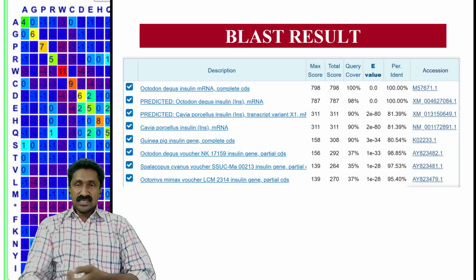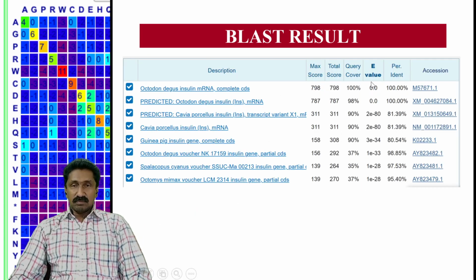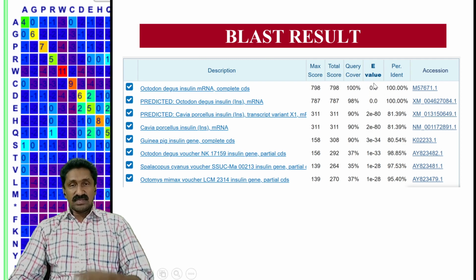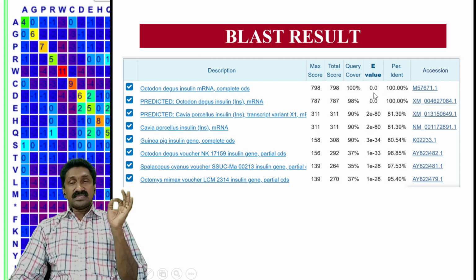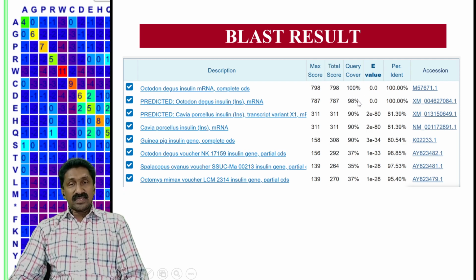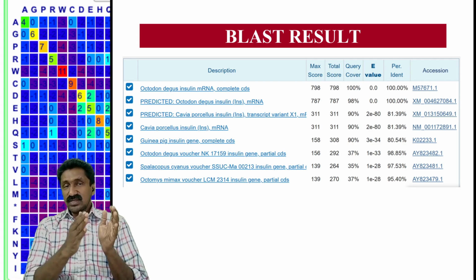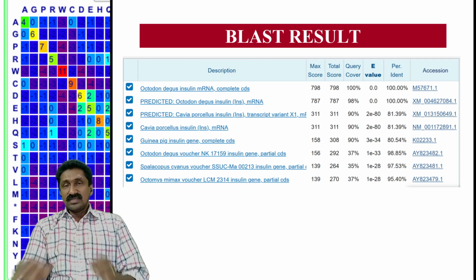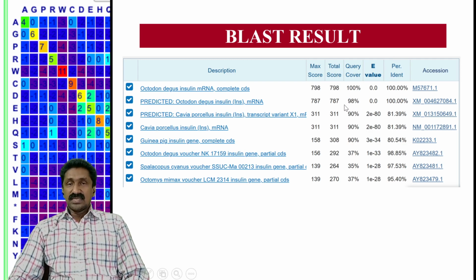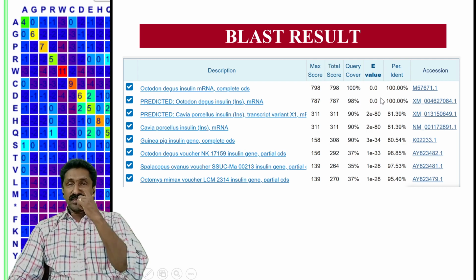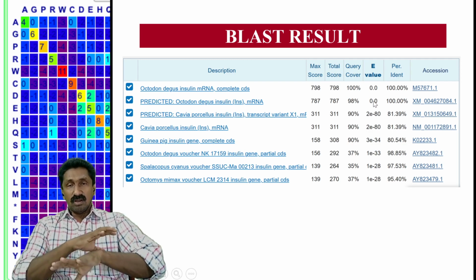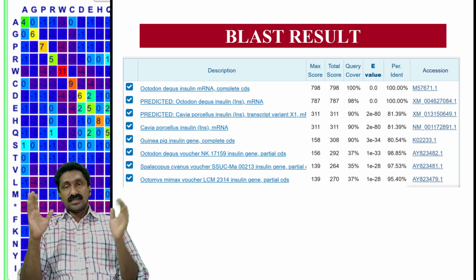Here in the previous case, you can see that for the initially listed ones, both items had an e-value of 0. That means it is almost exactly the same. The only difference is that the query coverage is 98% because this is a shorter one. You will have 798 here and 787 here. So maybe the second sequence is an mRNA sequence, which is actually shorter compared to your query sequence. That's why you have only 98% query coverage. But it still has an e-value of 0 because all the available regions were completely aligned. There are no gaps at all.